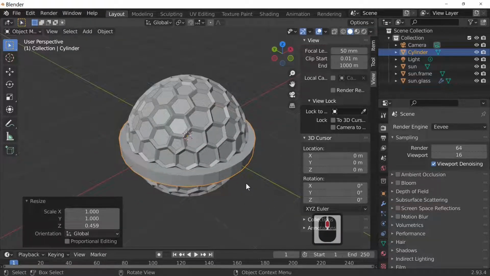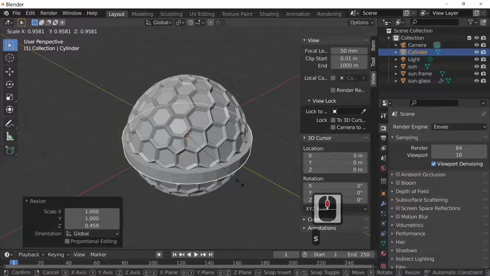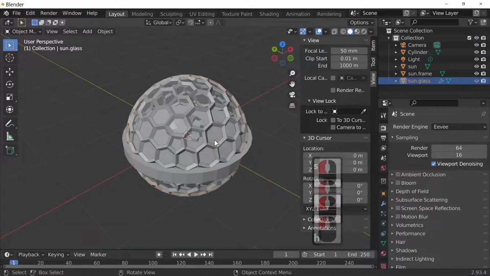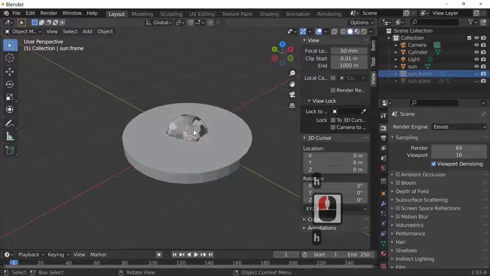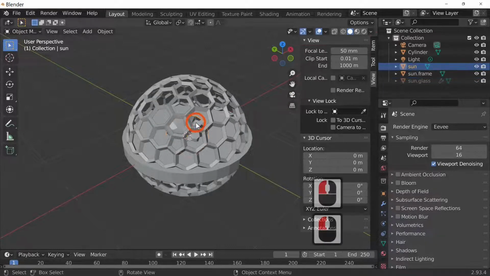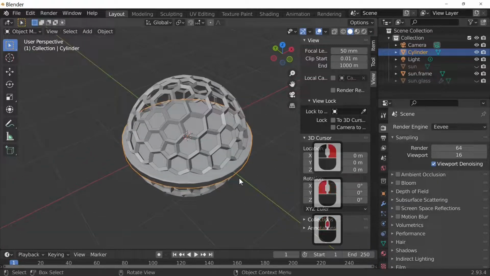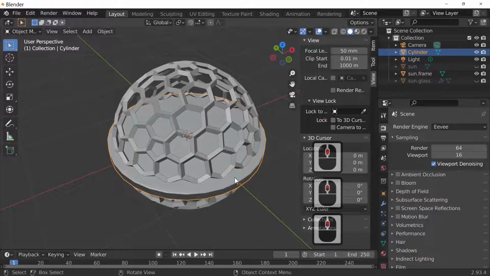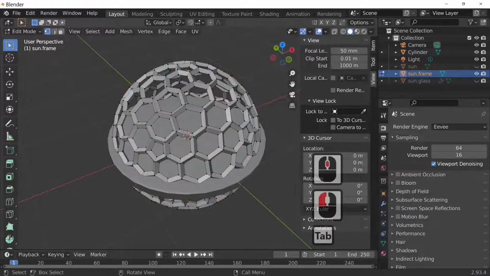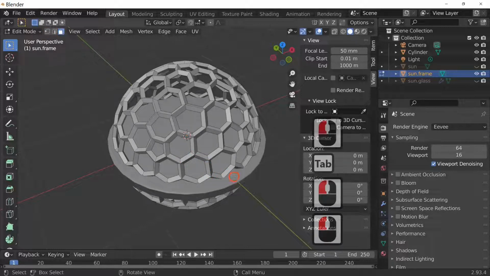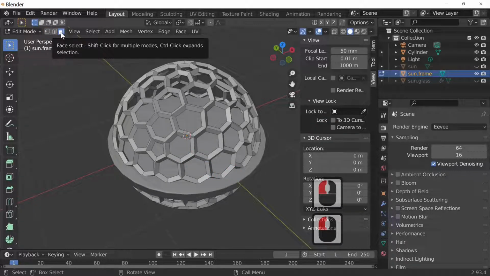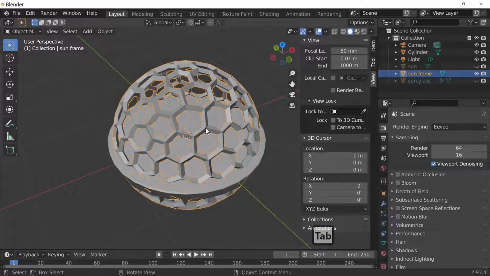But as you can see from the animation, we had 3 of these, so I'm just going to scale that down a little bit more, and I'm just going to hide the glass, hide the frame. In fact, I'll make the frame reappear because that'll give me some perspective. Let the frame reappear and hide the sun. Right, what I'm going to do now is I'm going to shade smooth this because I wish to, and next thing we'll do is go into edit mode with the actual cylinder selected, and I'm just going to go on to face select. Hold on, I'm in the wrong thing there, I'm actually in the frame.